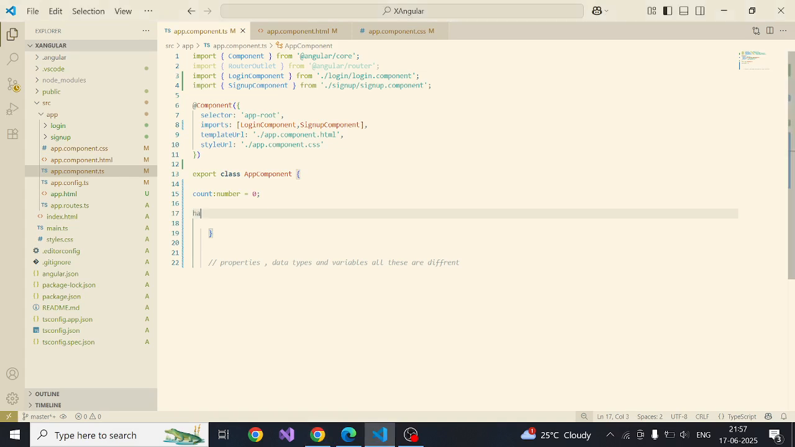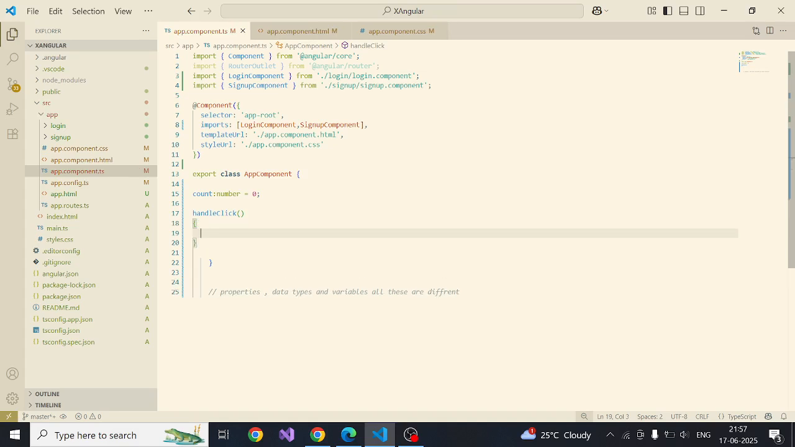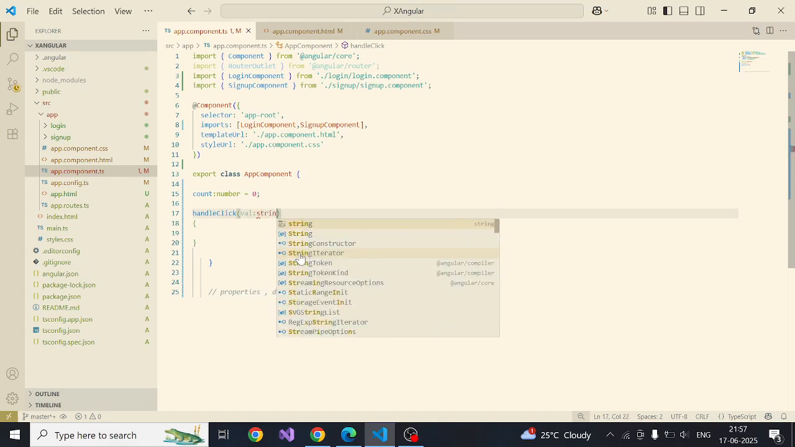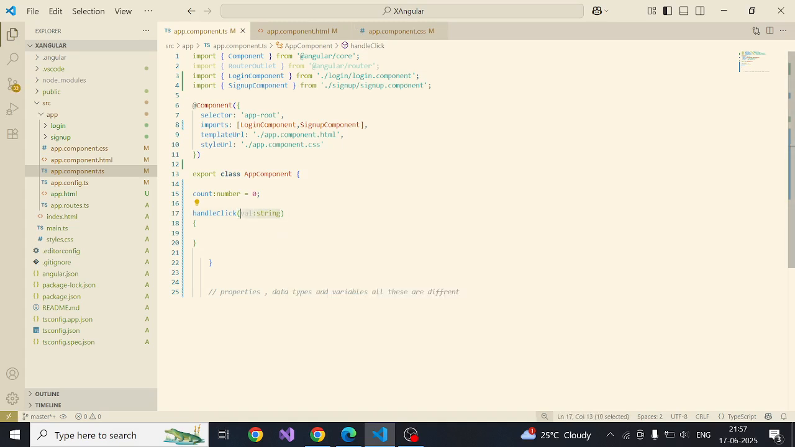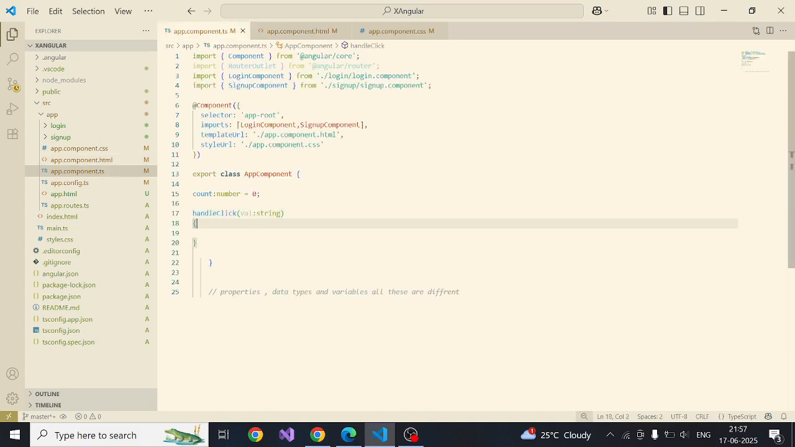Let us create a function like handleClick. Just created a function. This handleClick will manage everything. Let us put a value as a string. See what I am doing. I have passed a function parameter as a string. This string is the function parameter. Now these things will not work. Now what I have to do,